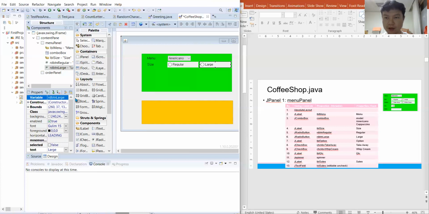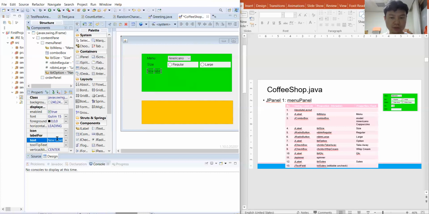So you already have those two, and then you need to have another label here, and the label will be the option. So lblOption, and after you have this lblOption, you can change the text. The text will be option,